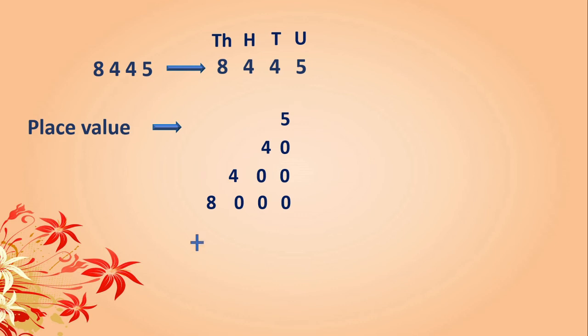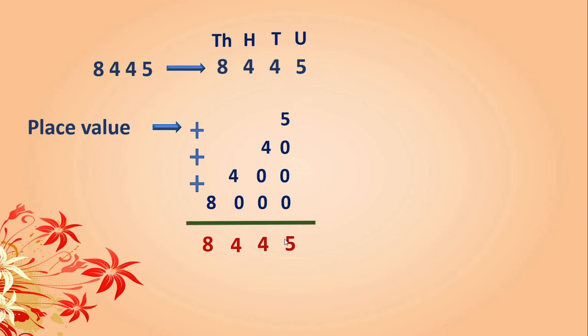Yes, dear children, when we add all these numbers, what we will get? Okay, this is unit place. First we will add this. 5 plus 0 plus 0 plus 0, that is 5. Second, the tens place, 4 plus 0 plus 0, that is 4. Am I right? Next, in hundreds place, 4 plus 0, that is 4. And in thousands place, only 8 is there, so we will write 8 here. See, please check the number. This number and the given numbers are same, right?